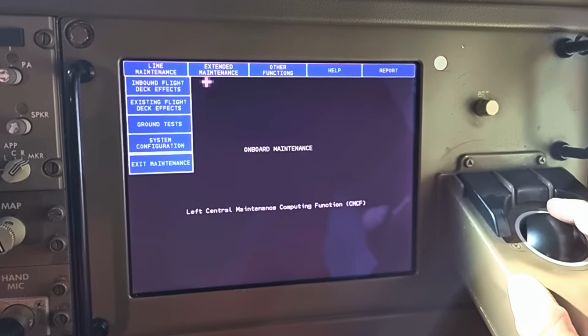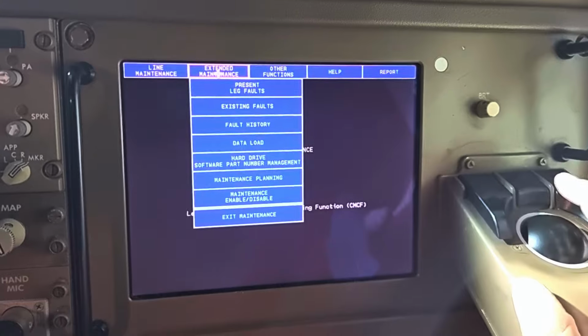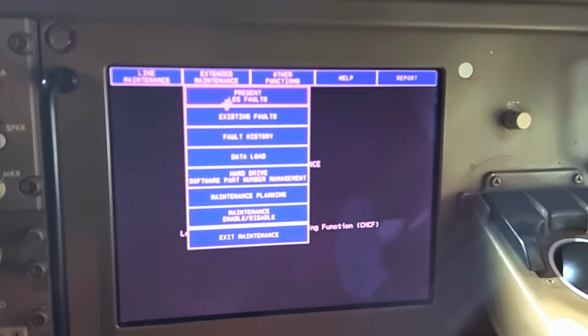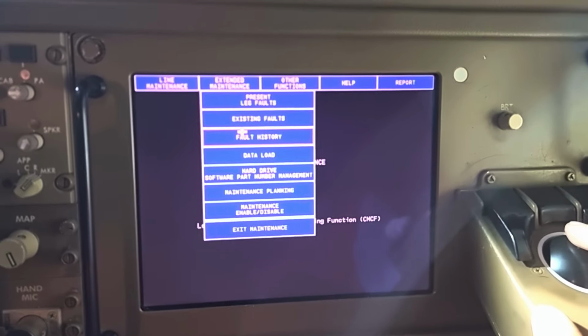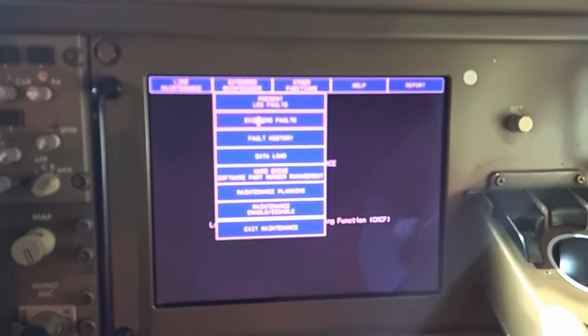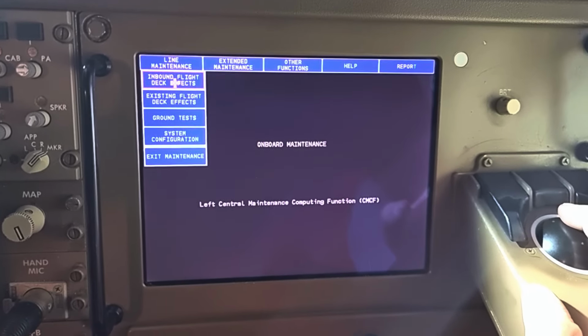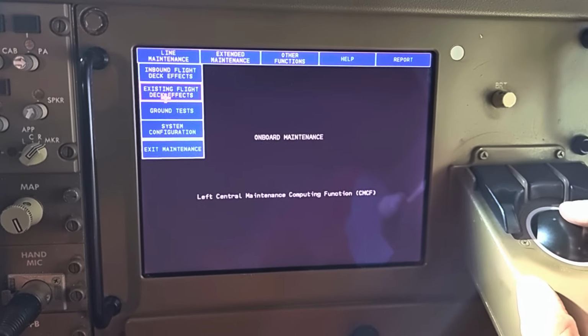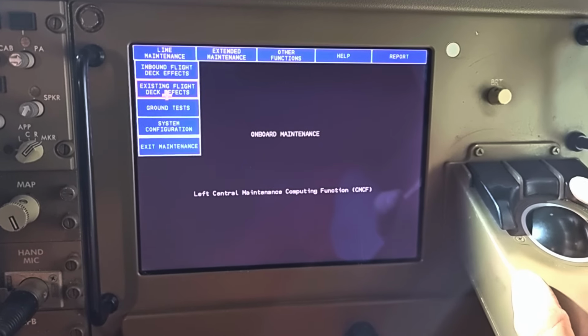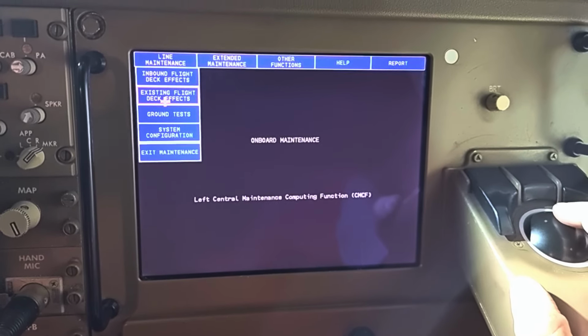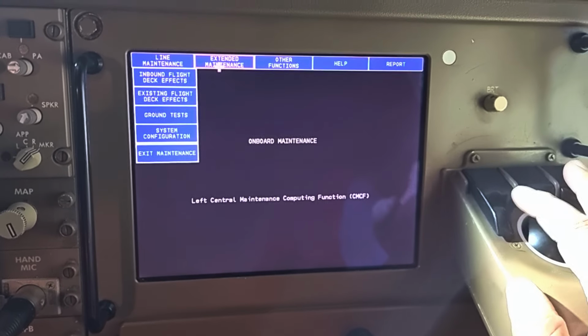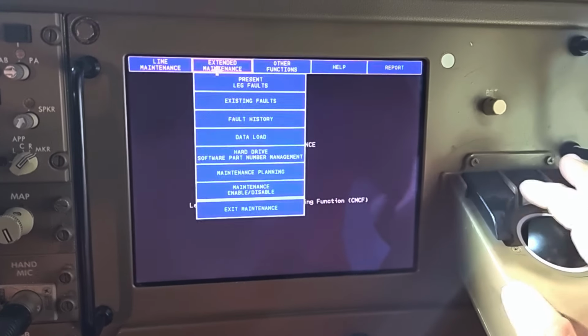If I go to extended maintenance, again you will find the present leg fault and the existing fault. In line maintenance, we have the inbound flight deck effects and the existing flight deck effects. So what is the difference? Here I am getting the inbound flight deck effects, but there I am getting the present leg fault.